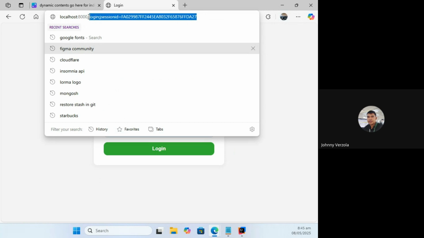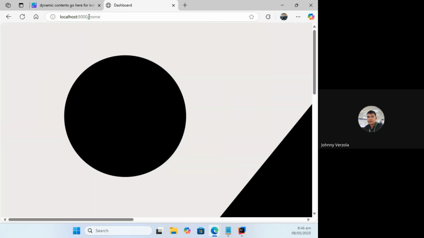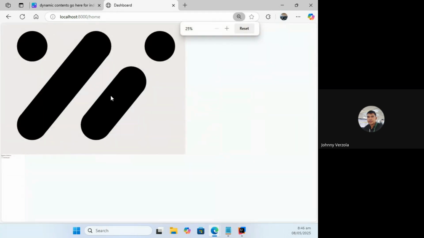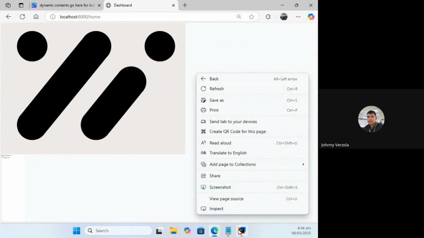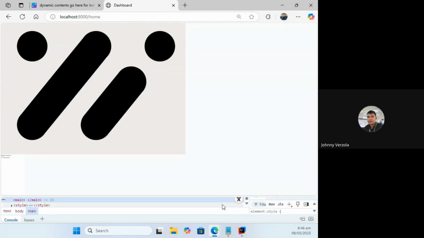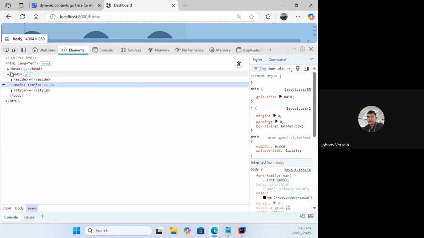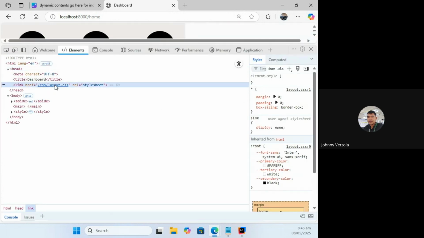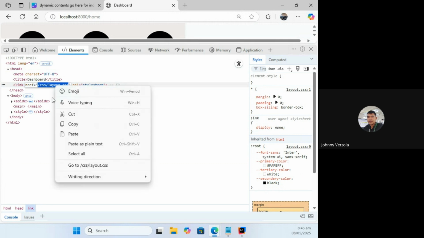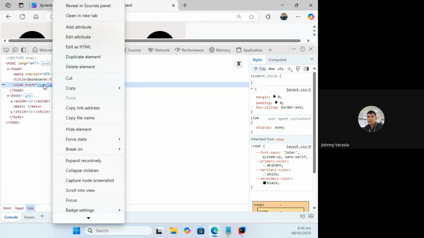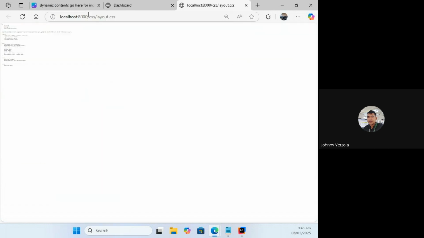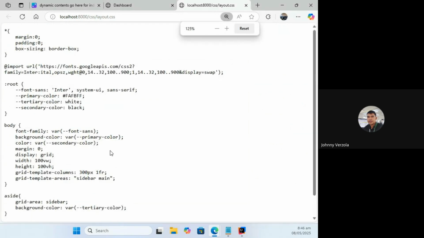So you have this. The only problem is it did not apply the CSS already. Why? What's the reason? Bakit hindi niya mahanap yung CSS? You can inspect if the CSS is being loaded or not. Yeah, it's basically loaded. We have it here.